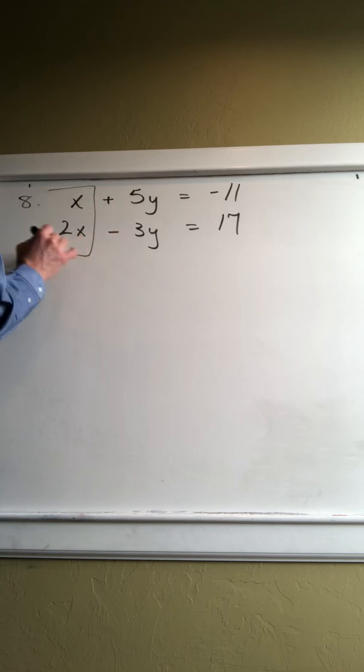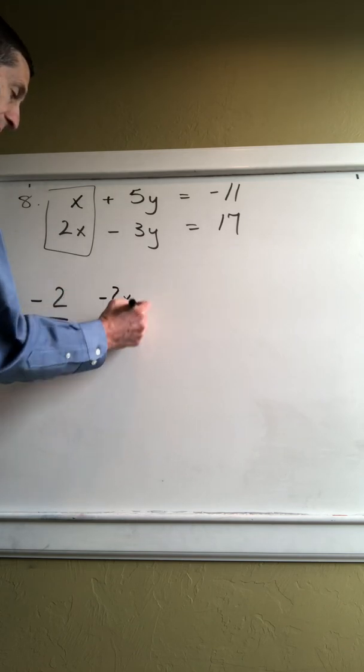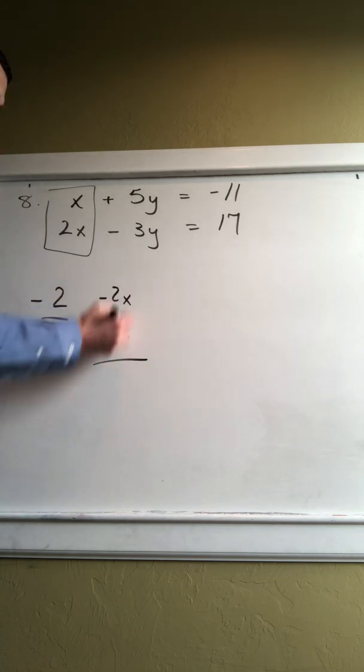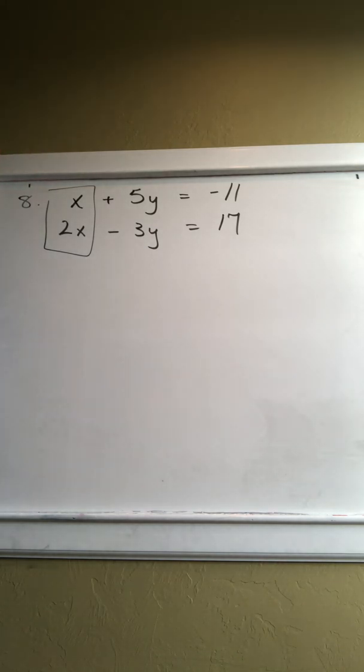So right here is where we'll go to work. You say, okay, here's an x all by itself. Here's positive 2. If I could bring in a negative 2, then I would have negative 2x and positive 2x. Boom, they would eliminate. So right here, I'm going to try to bring in a negative 2 so I can get those to eliminate. So how do I do that? Well, you just multiply it in. So we're going to take this top equation and we're going to multiply by negative 2 all the way across